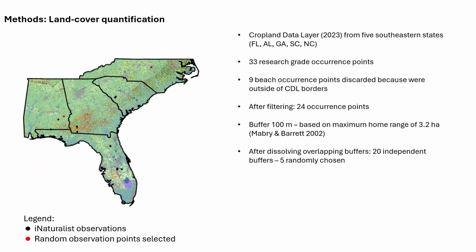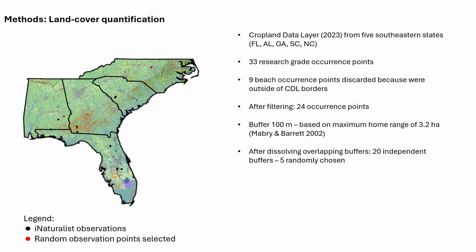To quantify land cover around these occurrences, I used the 2023 Cropland Data Layer for the 5 southeastern states. Because this data layer does not fully cover coastal beach areas, I had to discard 9 of the 33 observations that fell outside its extent. These 9 points correspond to the coastal form of Oldfield mouse, so the conclusions of this project apply mainly to inland